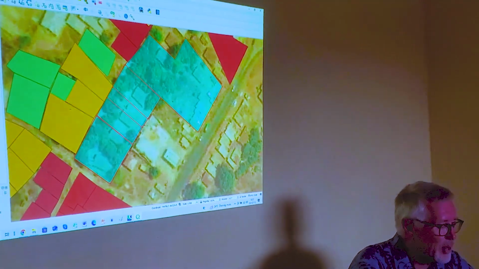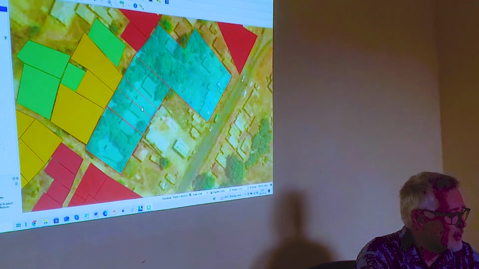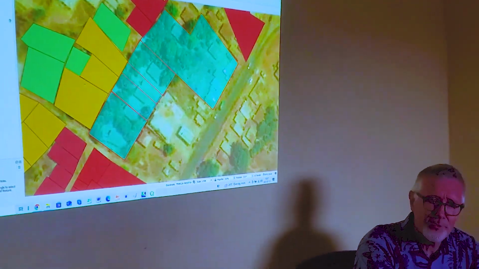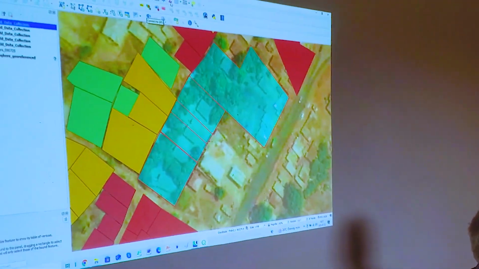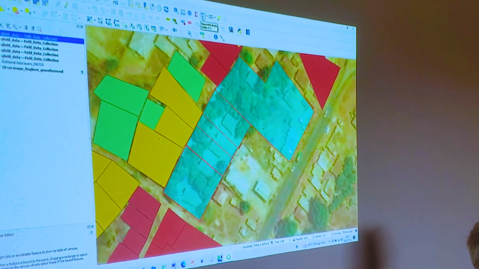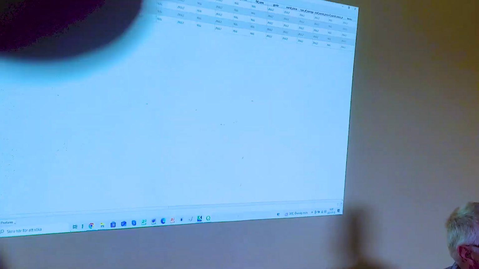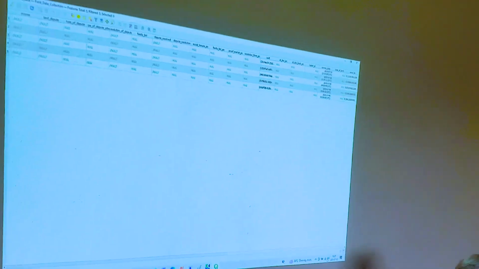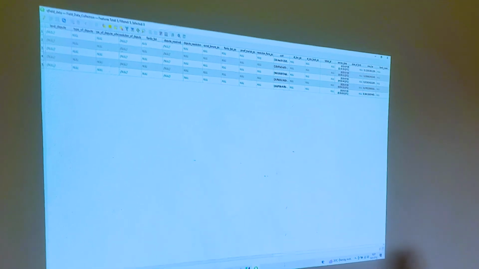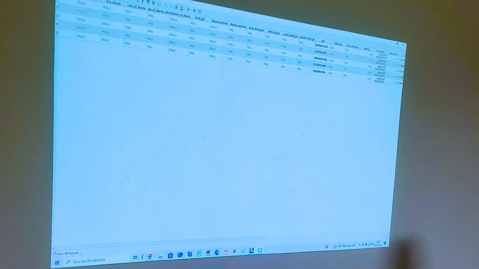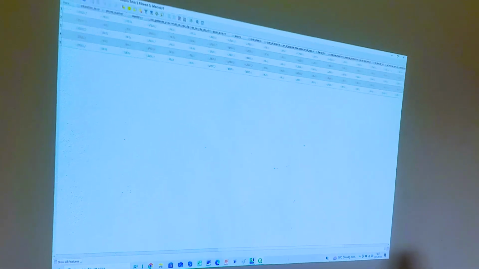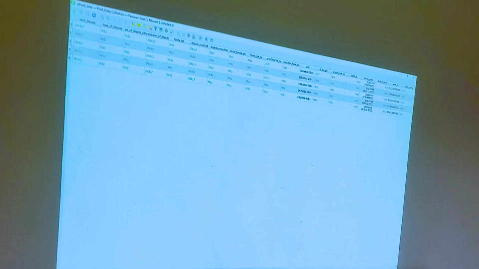Okay? So now we have seen how we do the setup of the service. And let's see if we have any kind of information. Let's open the attribute table, like this. And we can see here, in this case, do we have any family names? No, in this case, no. We have the area, we have the survey date,